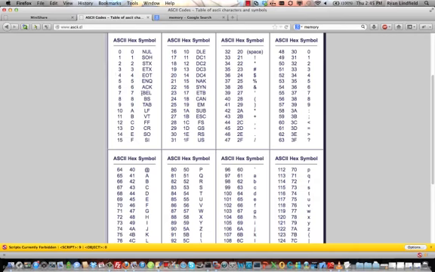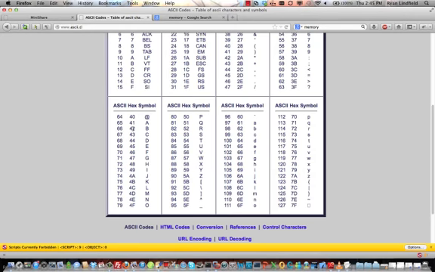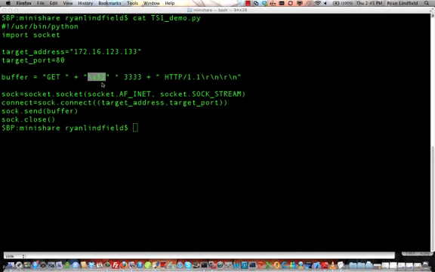There are different ASCII codes and hex codes which can represent different symbols. A 41 is really common for NOP sleds, as a capital A. Just to make it a little more interesting, I decided to use an R because my name starts with R. I looked it up here, and it's a hexadecimal 52. So coming back, I'm going to create 52 times